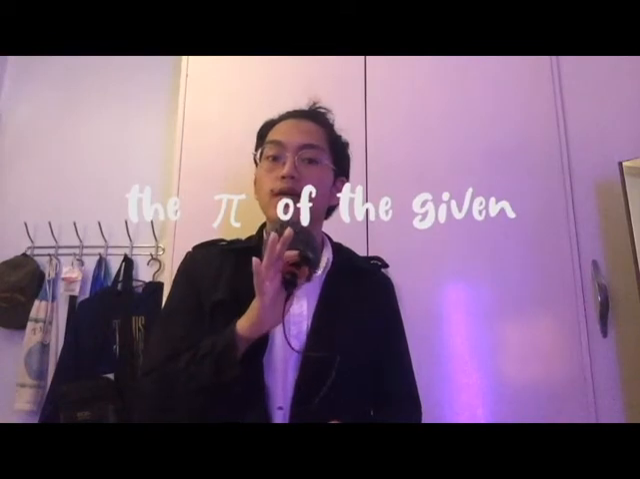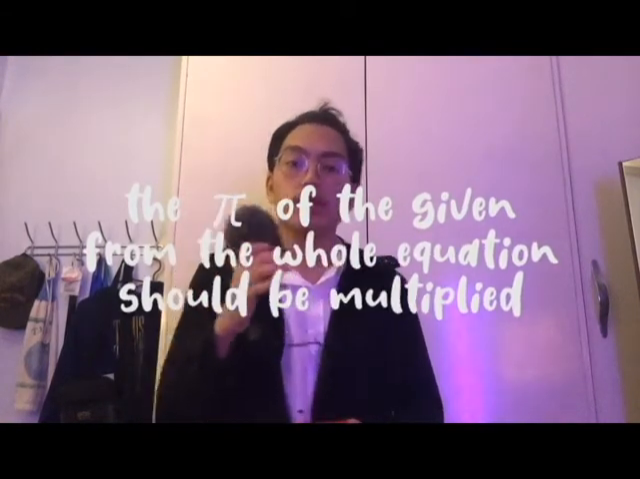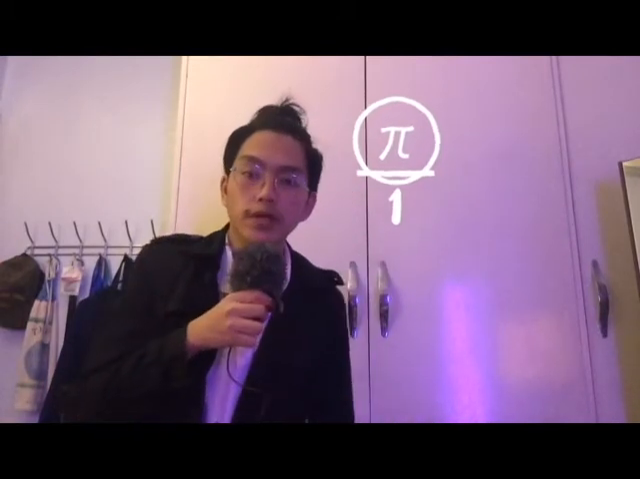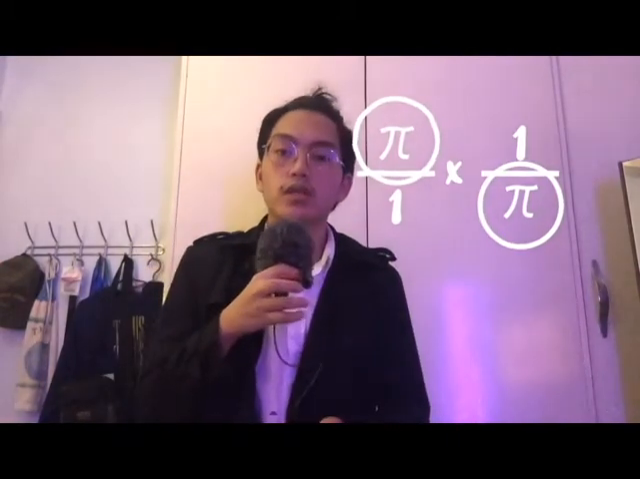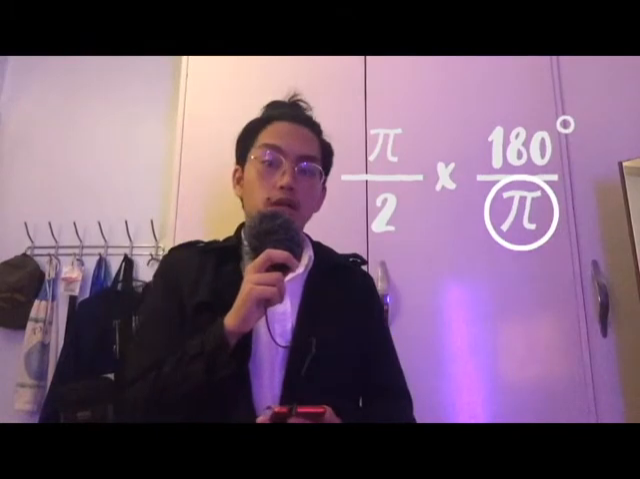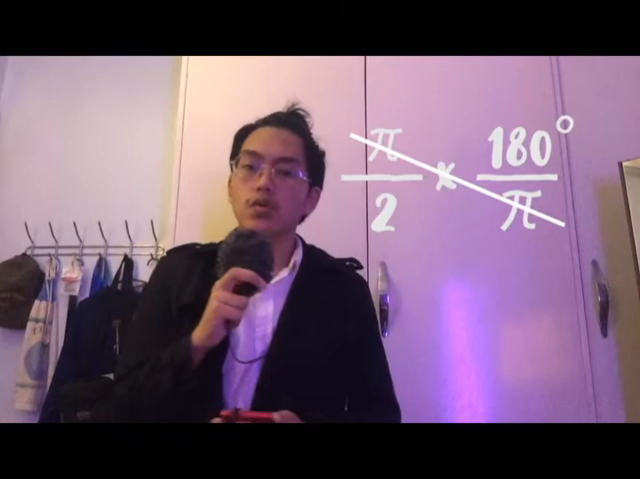that the pi of the given should be multiplied by the opposite side. So if the pi of the given is in the numerator, you have to multiply it by the pi in the denominator of the opposite side, meaning you'll have to cancel it. So what will you be doing next? You will have to